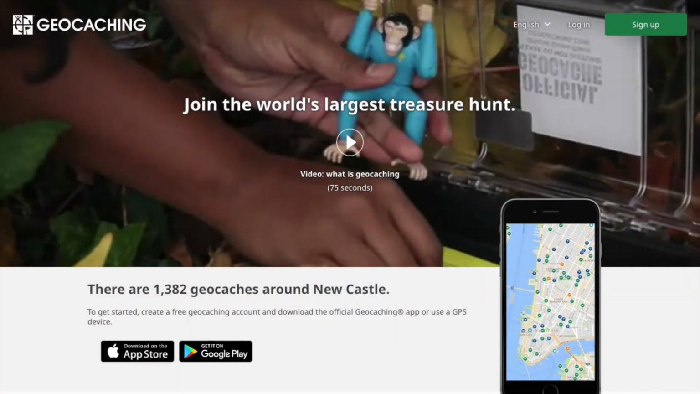Hey, it's a great day out here at Hell's Hollow. We're gonna do some geocaching today, and let's go do it. Let's go. The first thing you want to do is type in geocaching.com and then you make an account from